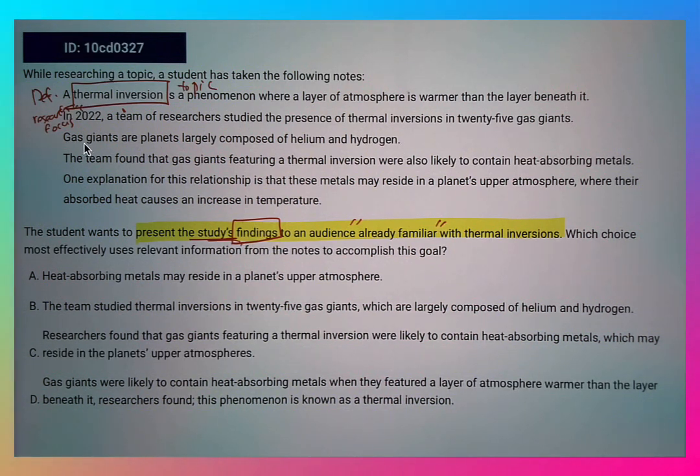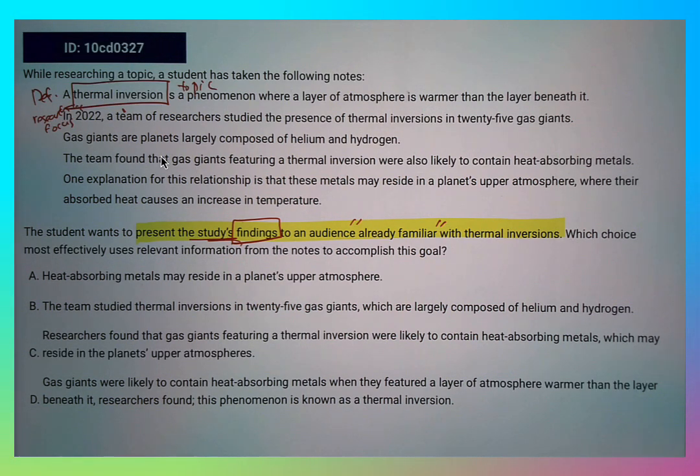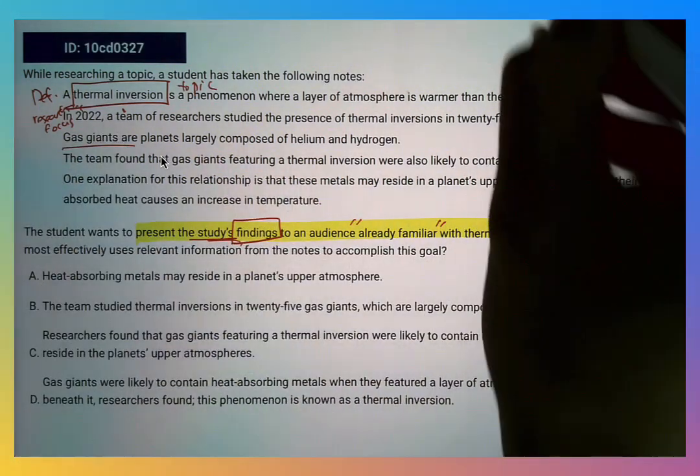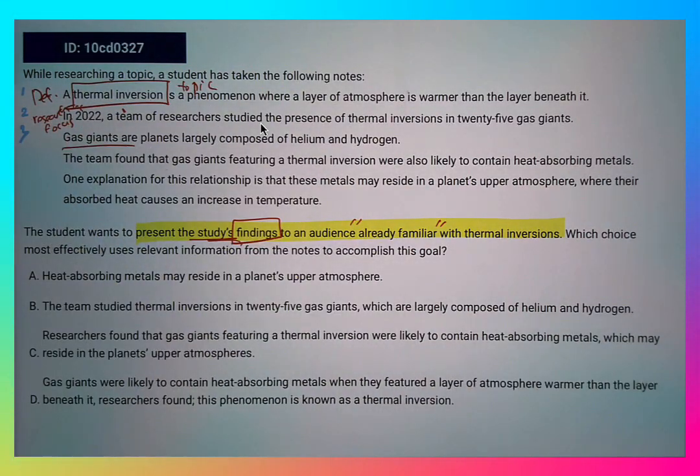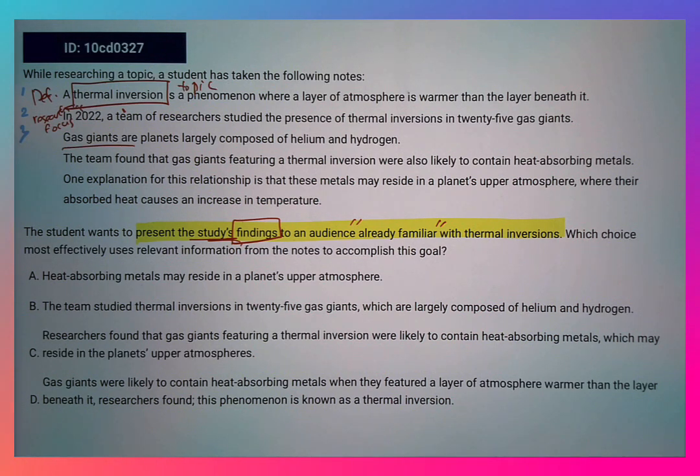And gas giants are planets largely composed of helium and hydrogen. So if there's any part that talks about gas giants, you want to also avoid that. This is assuming people who know thermal inversion, and possibly these people will know what gas giants are. Alright, so line 3 is about gas giants. So 1, 2, 3. The team found that the gas giants featuring a thermal inversion were likely to contain heat